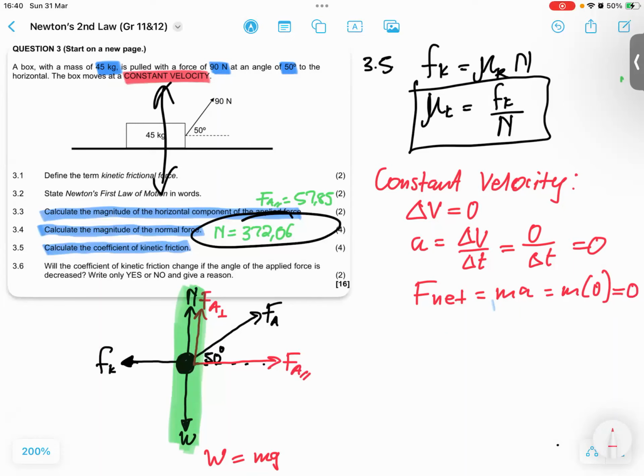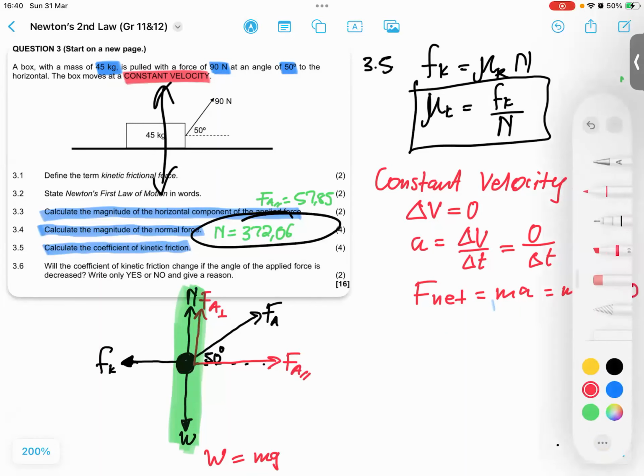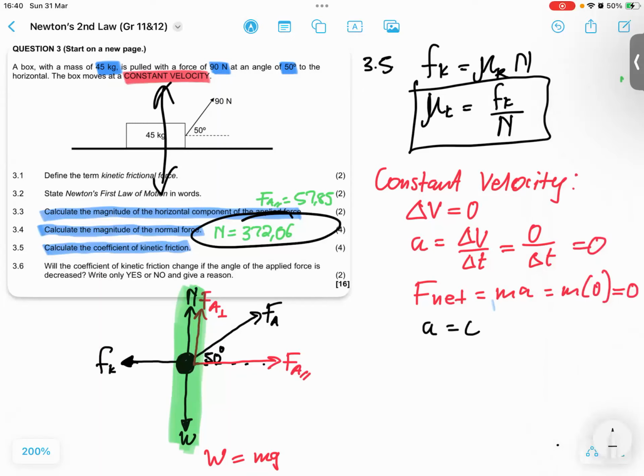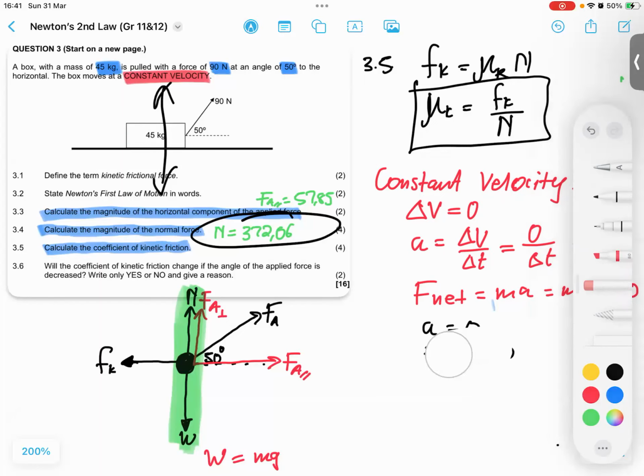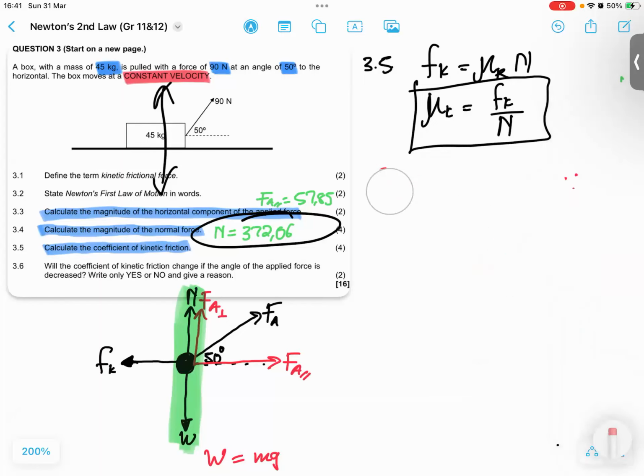So those are the important parts: when the object moves with a constant velocity, it means that acceleration is 0 and also the net force is 0 in that horizontal direction, right? This is the important information, so just to highlight it, the net force is 0. So if the net force is 0 in the horizontal direction as well, let me erase this part so that I can create space for myself. Okay. So if the net force in the horizontal direction is also 0, it means that